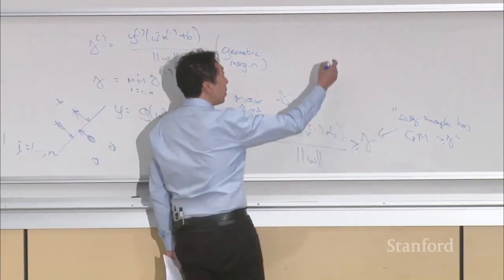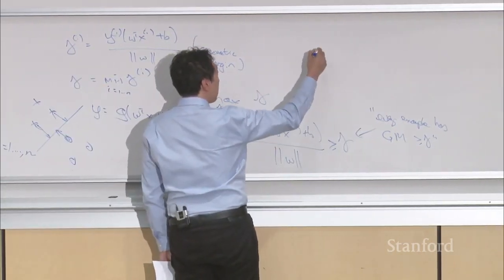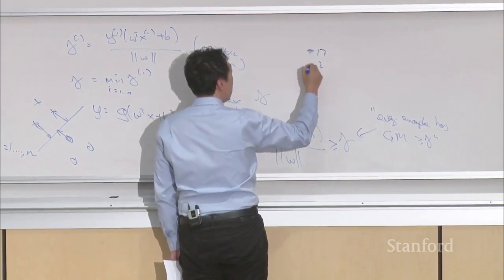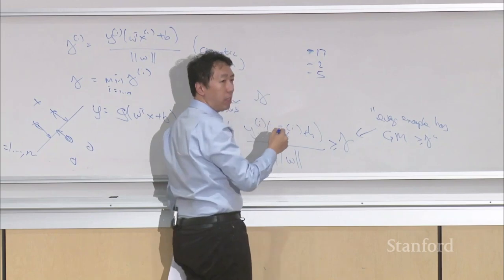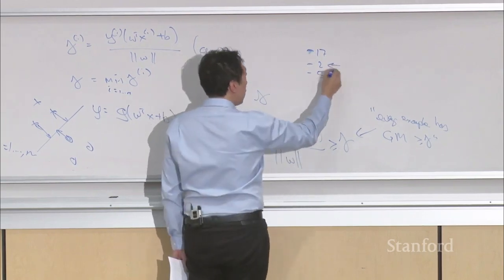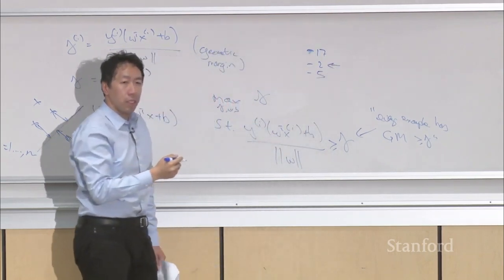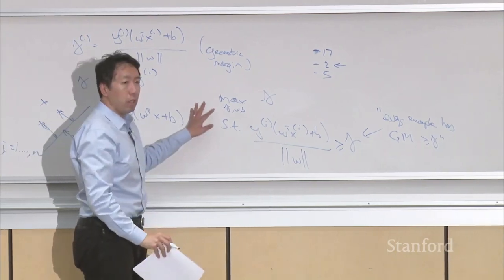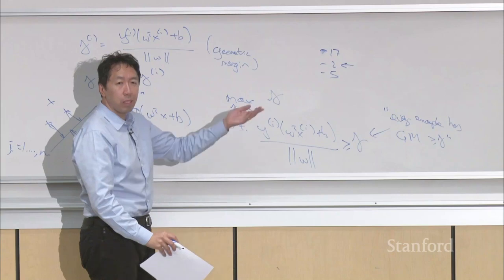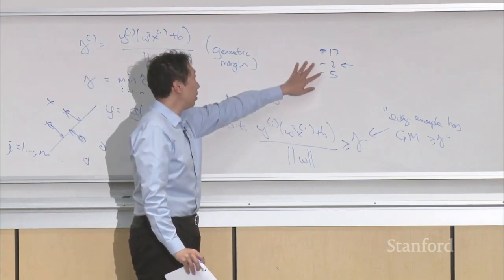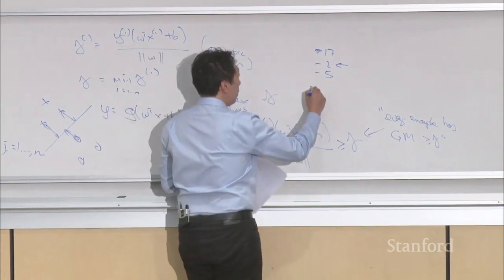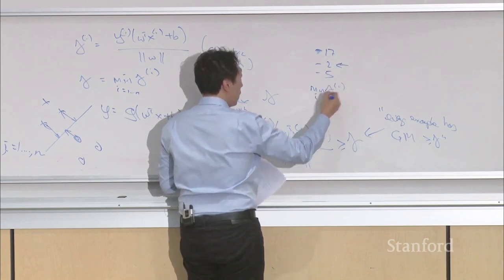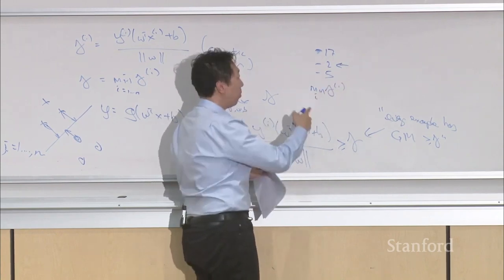So let's say you have a few training examples. The training examples' geometric margins are 17, 2, and 5, right? Then the geometric margin in this case is the worst case value, 2, right? And so if you are solving an optimization problem where I want a min over i of gamma i to be as big as possible,